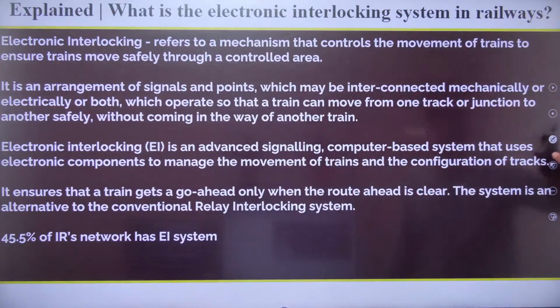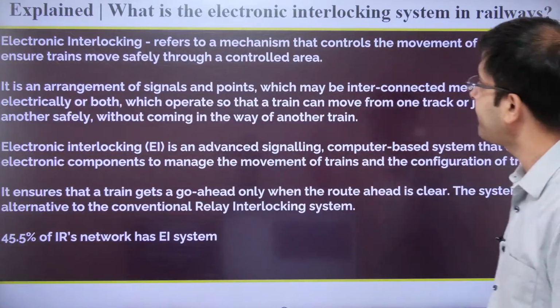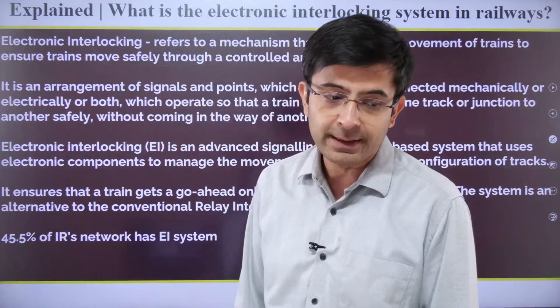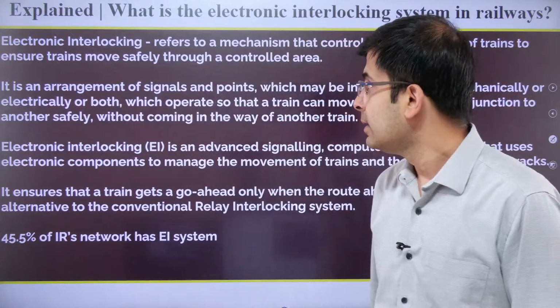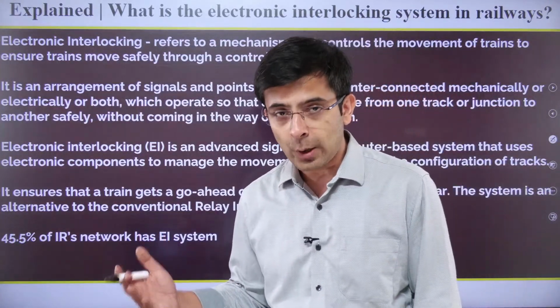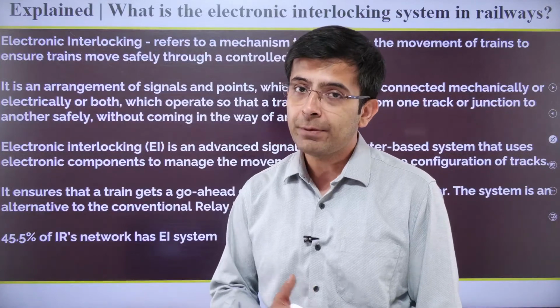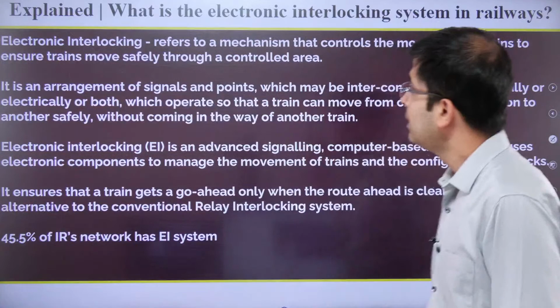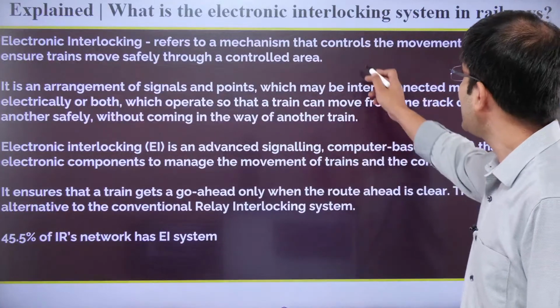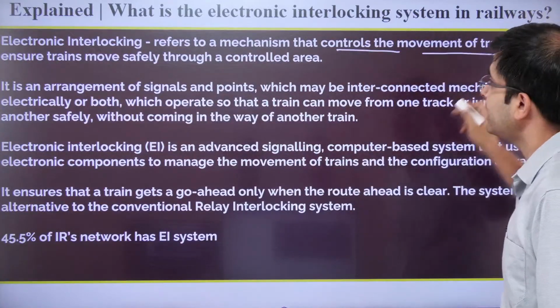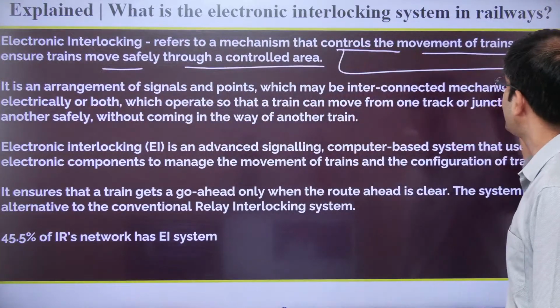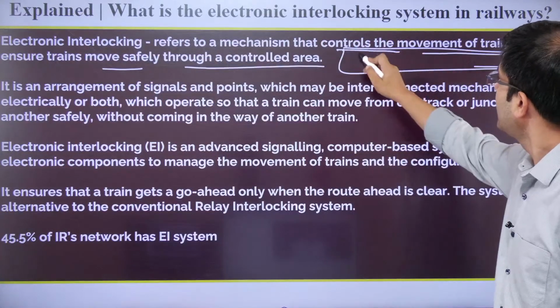All right. Let's look at the second topic that I have for you, the electronic interlocking system, obviously to do with the recent tragic events that unfolded in Odisha. Okay. So quickly we'll understand what electronic interlocking is, so that we are able to better make sense of the unfortunate accident that happened. Okay. So electronic interlocking refers to a mechanism that controls the movement of trains to ensure trains move safely through a controlled area. So you have tracks,